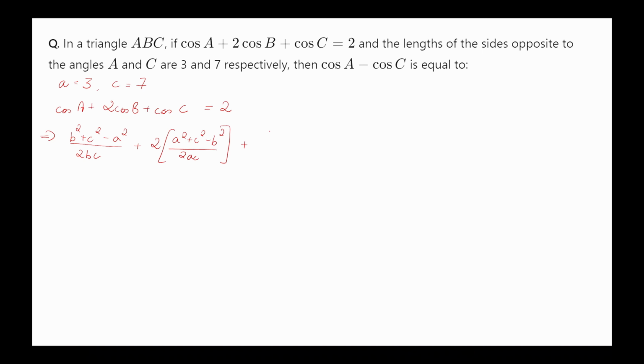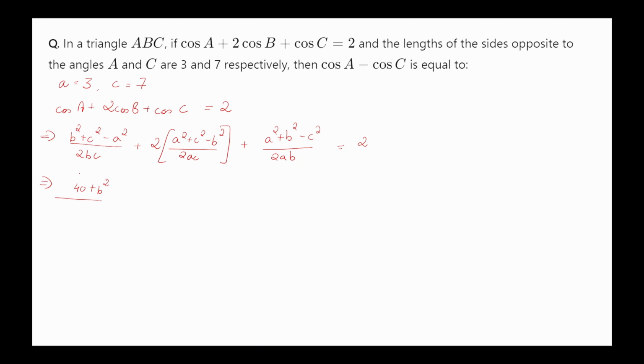plus this would become (A square plus B square minus C square) upon 2AB. This is equals to 2. So now let me simply put the values of A and C in this equation. So C square would become 49. 49 minus 9 would give us 40, plus B square